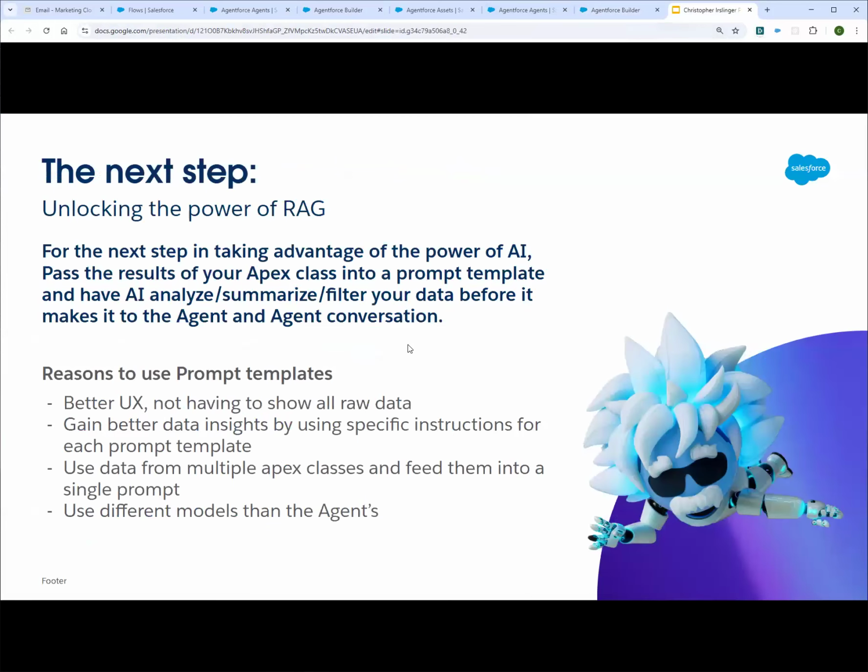So when we combine retrieving data from MCE with some type of prompt template, we are able to then craft a response that is a summary or some type of filter or analyze that data and make it actually make decisions, take advantage of the AI's intelligence to do actions with that data besides just regurgitating that back.